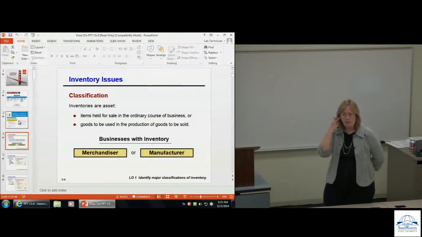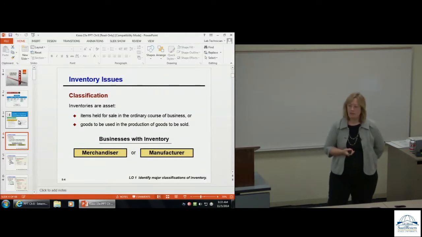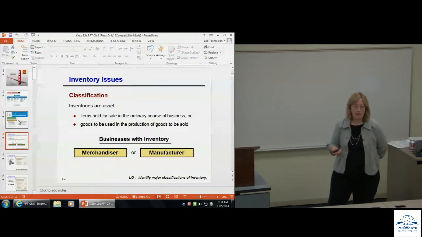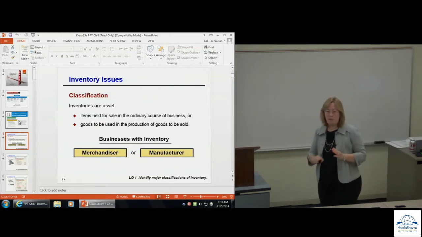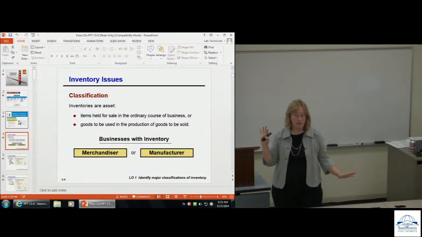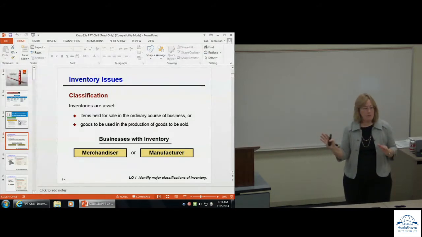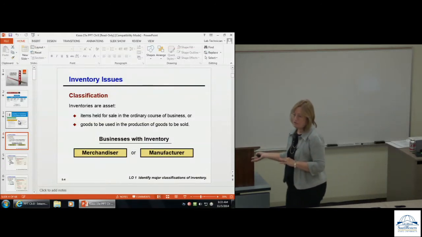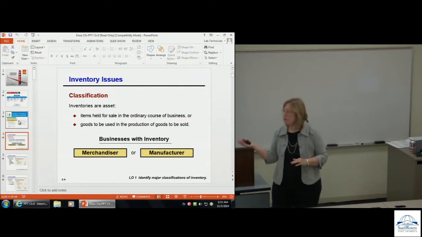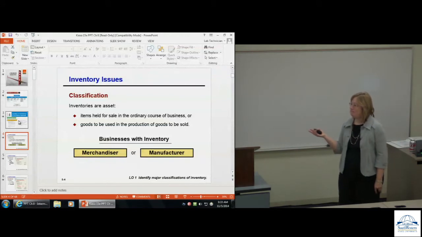Where does inventory go on the balance sheet? Yep, okay. So it goes in current assets, all right? So inventory is stuff that you're going to use in your business, that you're going to sell in your business, okay? So your business could be a merchandise business or a manufacturing business. So what's an example of a merchandiser? Walmart. And then a manufacturer would be,